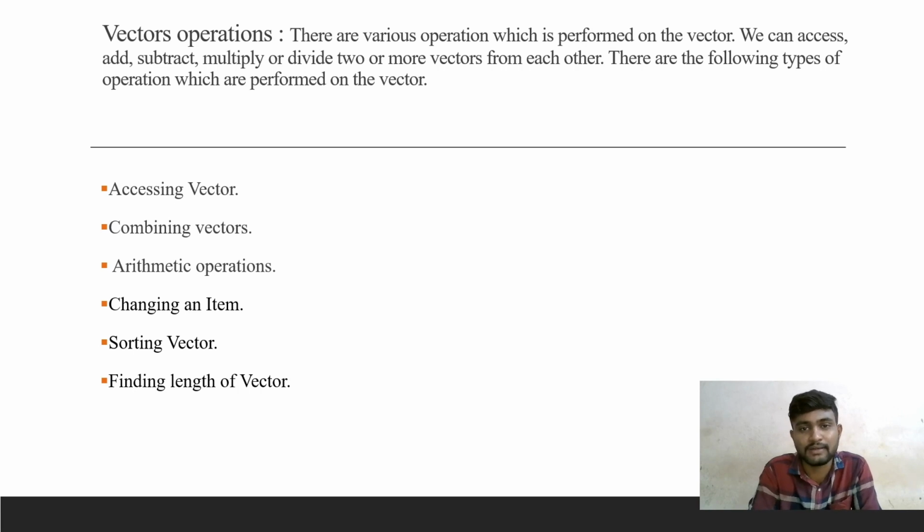One is accessing the vector. Using an index, we can access the vector. Combining vectors: using the c function, sending the two vectors as arguments, we can combine the vectors. Next, arithmetic operations. We can perform add, subtract, multiply, divide on two particular vectors. Changing an item at a particular position in a vector. We can change a value of a